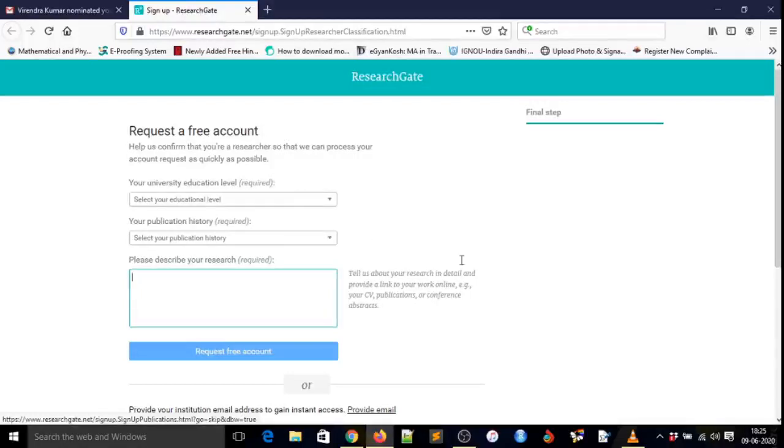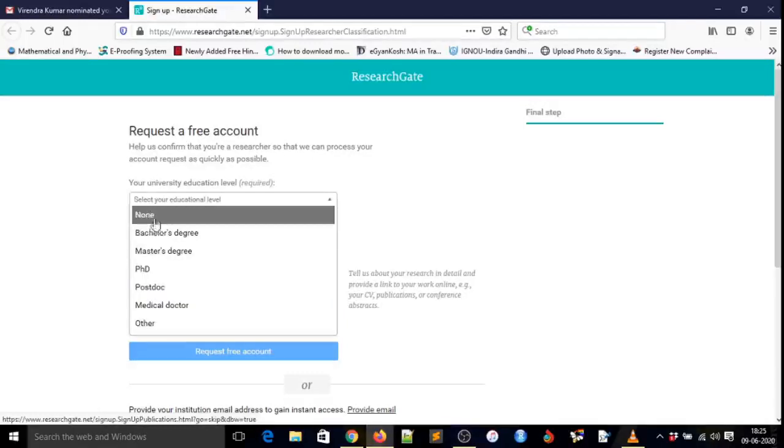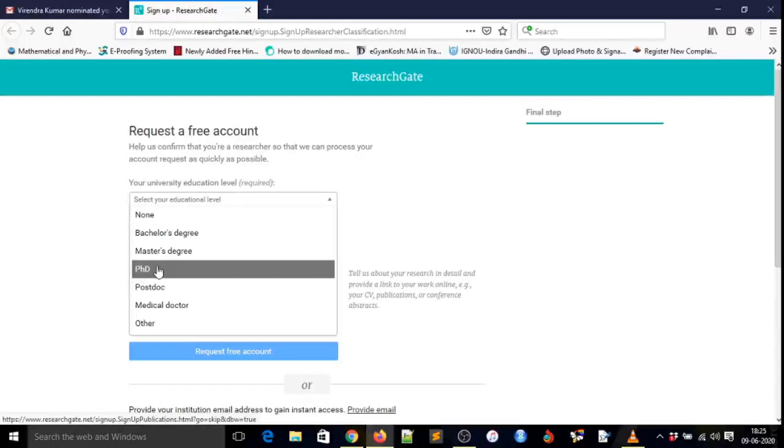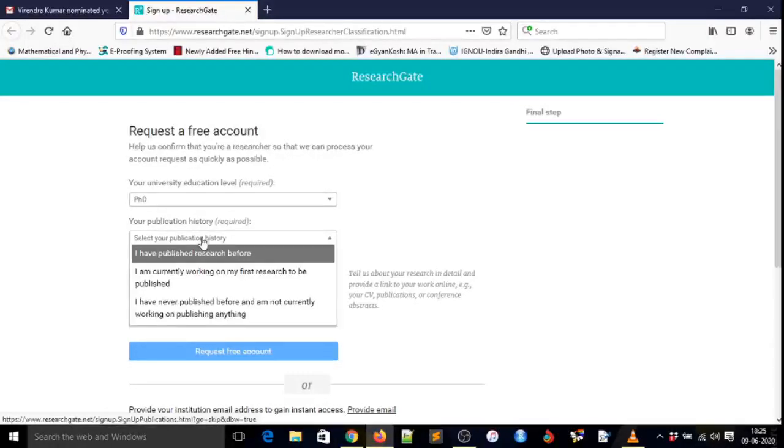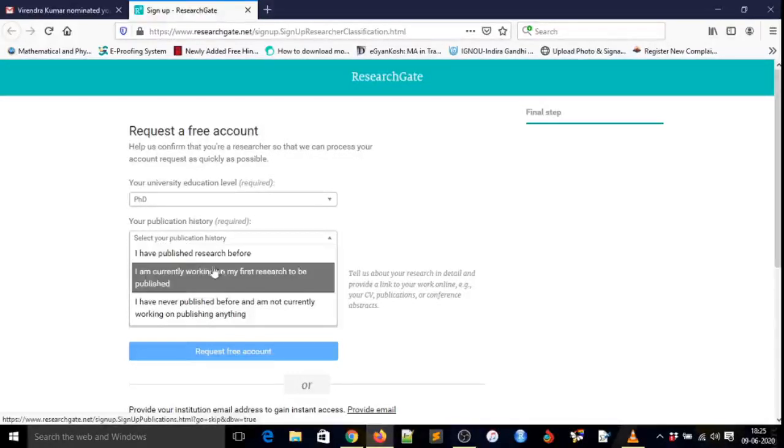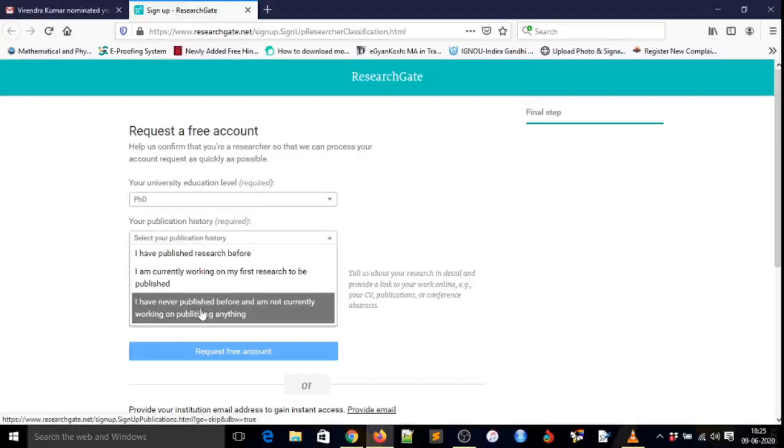Here there are some questions, so you need to select some of these answers. Select your education level, such as PhD or postdoc, and then publication history, whether I have some publication or not. If I have some publication, okay, otherwise we can select the other two options.